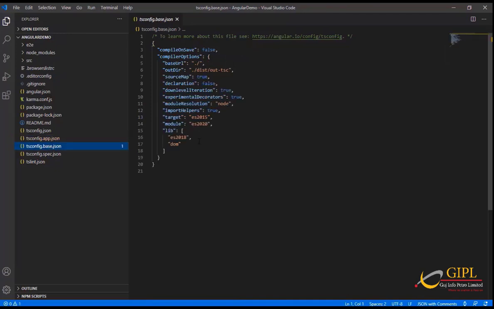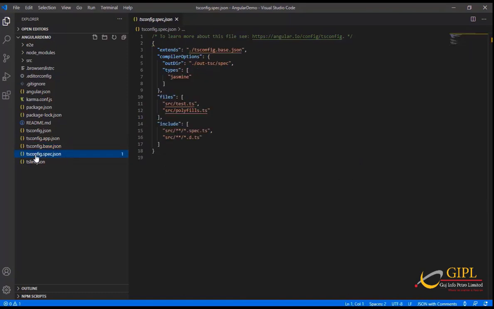After then, tsconfig.app.json file overrides the tsconfig.json file with app-specific unit test configuration. After then, tsconfig.spec.json file. The tsconfig.spec.json file is used for testing which runs in the Node.js environment.